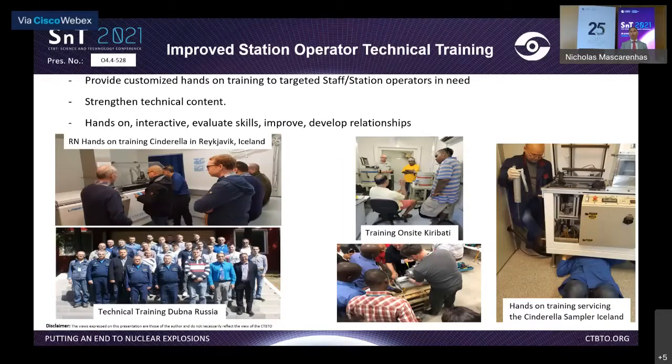Training. In order to do the right job, the station operators need to know how to do the job correctly. So training is a critical part of the work that we do. And you can see pictures there of our staff training the station operators on site. Hands-on training is really important, as well as we have training conducted here in Vienna or conducted by some of our contractors, experts in the field, who then take them to their facility and train the operators on what to